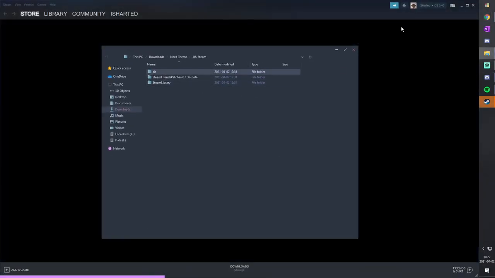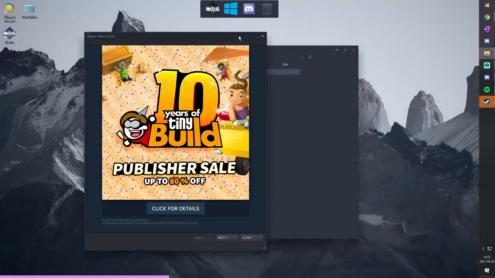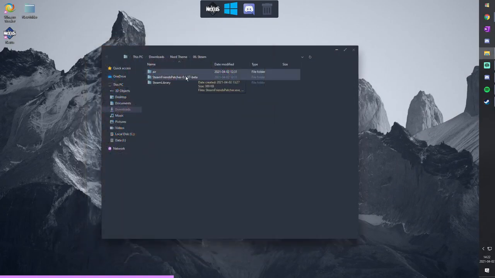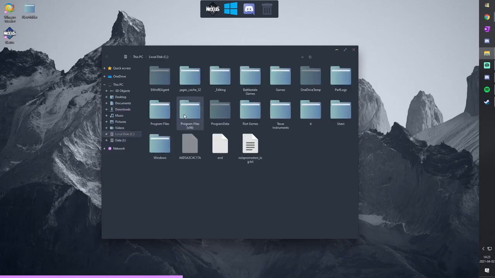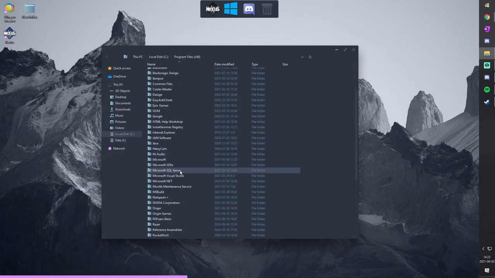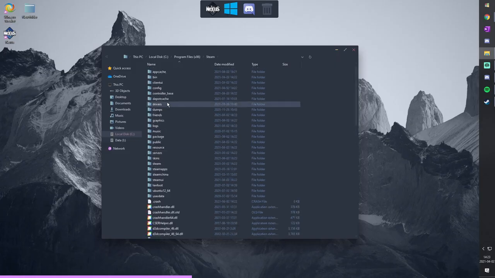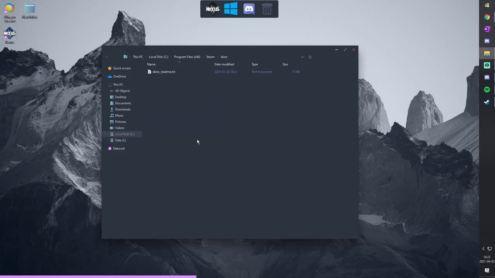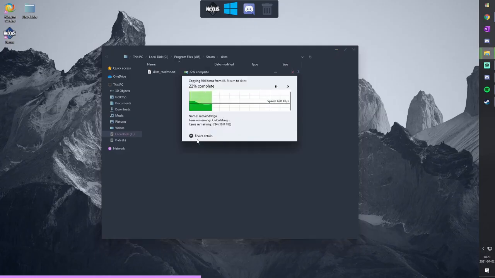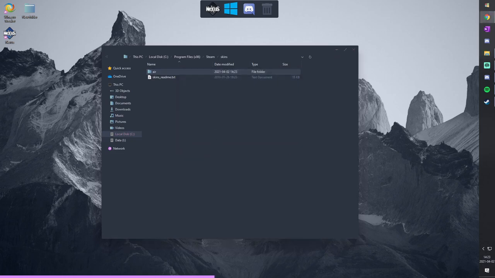So we need to first exit Steam, close that, copy the Air folder, go to your C drive, go to Program Files x86, scroll down to Steam, then go to Skins, and paste. And it will paste your skin. Pretty straightforward. Now, we need to do a couple more things, and then we'll restart Steam, and oh my goodness,